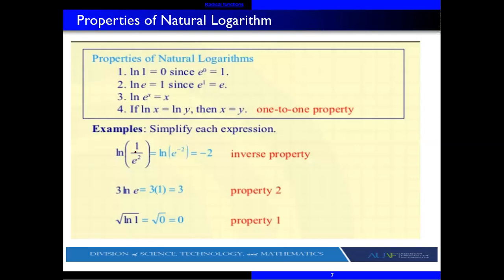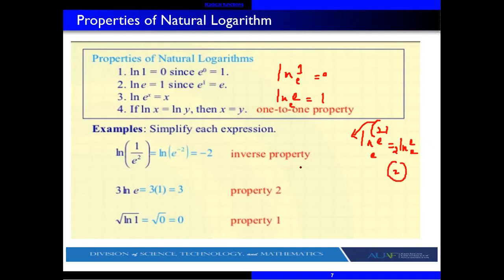First property: natural log of 1 equals 0. Log of 1 equals 0. Same, for example, log of e. This means we also have base e here, correct? So this one equals 1. If we have log of e, base also e, with, let's suppose, 2 as a coefficient, then we have 2 log of e, base e, so this one equals 2. Correct?